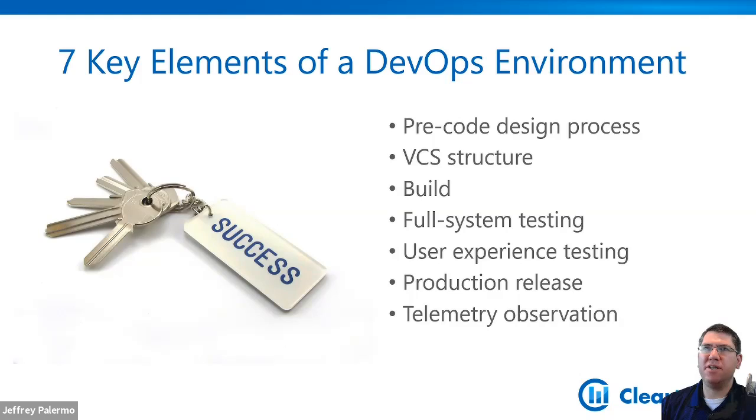Just a quick agenda as we dive in. These are the 7 key elements that we're going to quickly move through. We're going to start right at the beginning with essentially planning and design, the pre-code design process. Then we'll talk about how you need to structure your source control repository in order to enable Octopus Deploy to